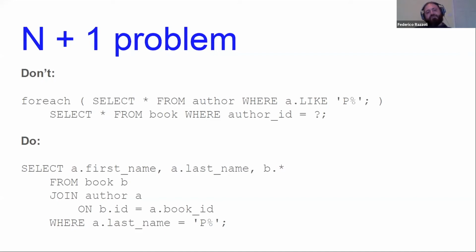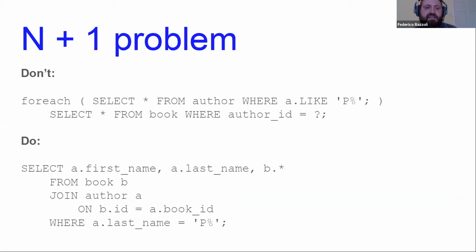So, for example, we have the so-called N+1 problem. It is something that is done by some bad ORMs. It is not just a theoretical example. I actually saw some ORMs doing this. Fortunately, they were not PHP ORMs. They were probably JavaScript or something else. But anyway,